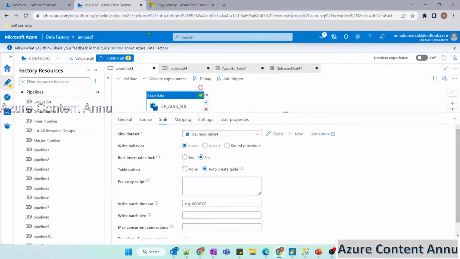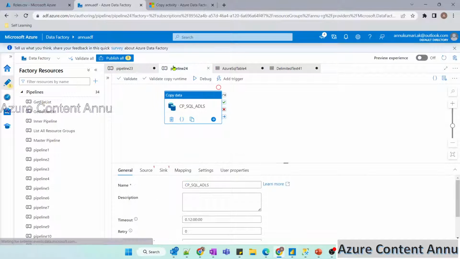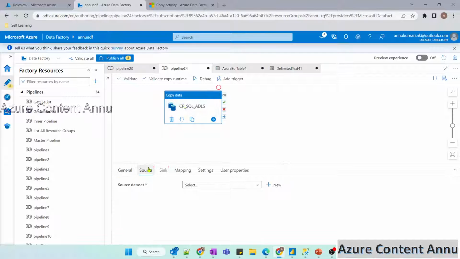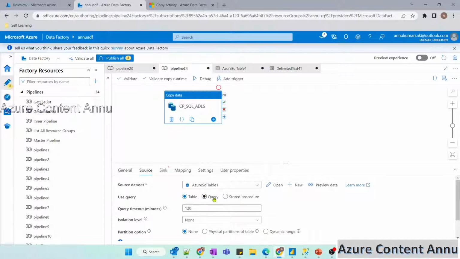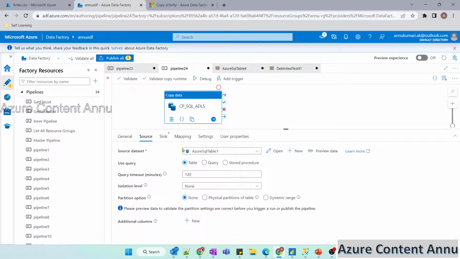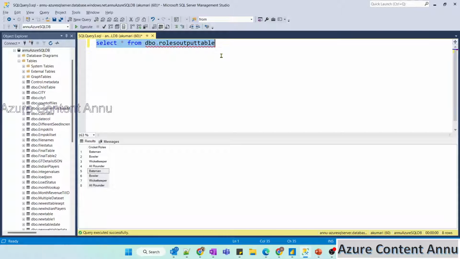So we successfully loaded the data from the CSV file present in our ADLS Gen 2 to a SQL table using copy activity. Okay. Similarly, we can create another pipeline that will be copying data from an Azure SQL table and loading it into a CSV file. So I have pointed the source dataset to my SQL table. Okay. So this time let me select another table. Suppose let me select this dbo.city.